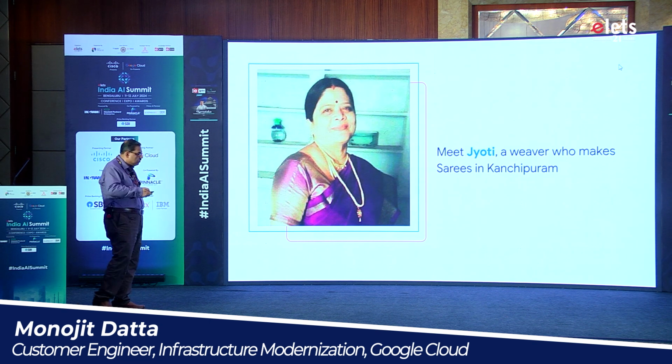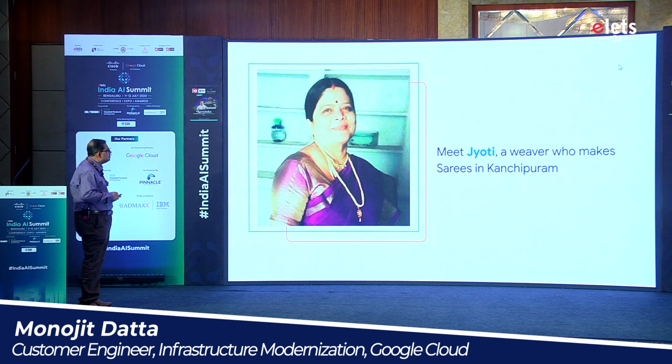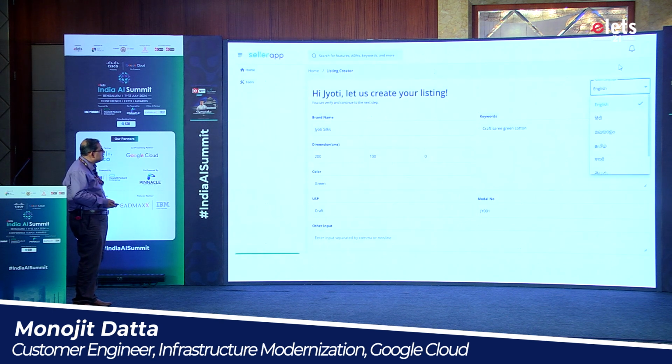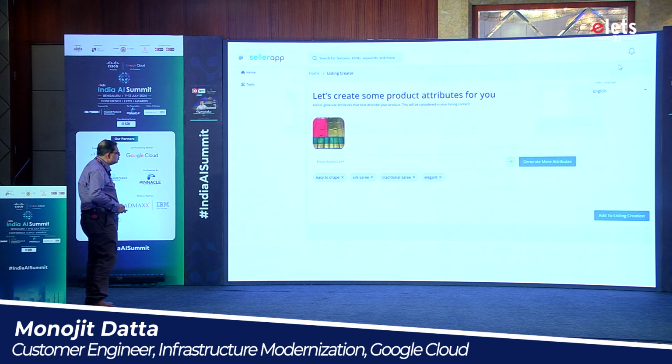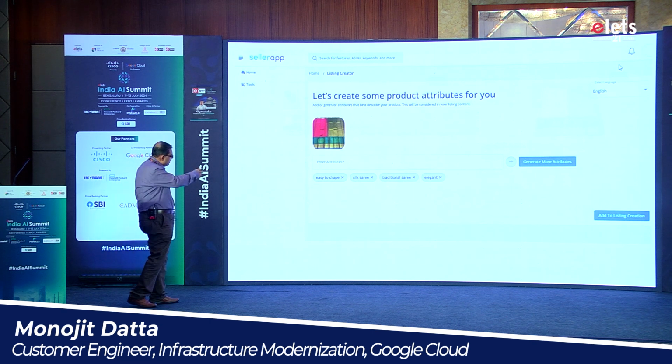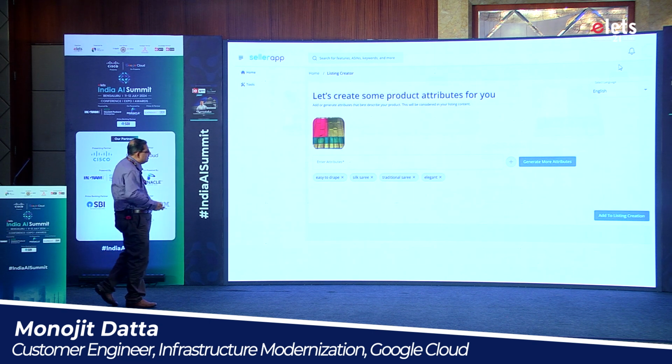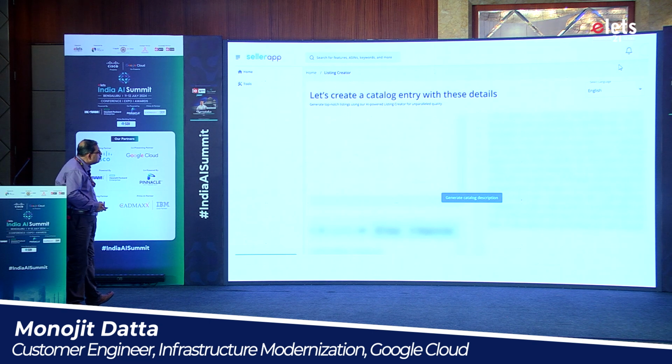With all these technologies and services, Jyoti was a small scale weaver from Kanjipuram. She did not have any knowledge about ONDC, or about what AI or cataloging means. What she does now, with just a few clicks of a button, one of her partners has built a solution. She can just enter her details and her basic image. From there, generative AI gets all these attributes automatically from the image, allowing her to create a catalog.